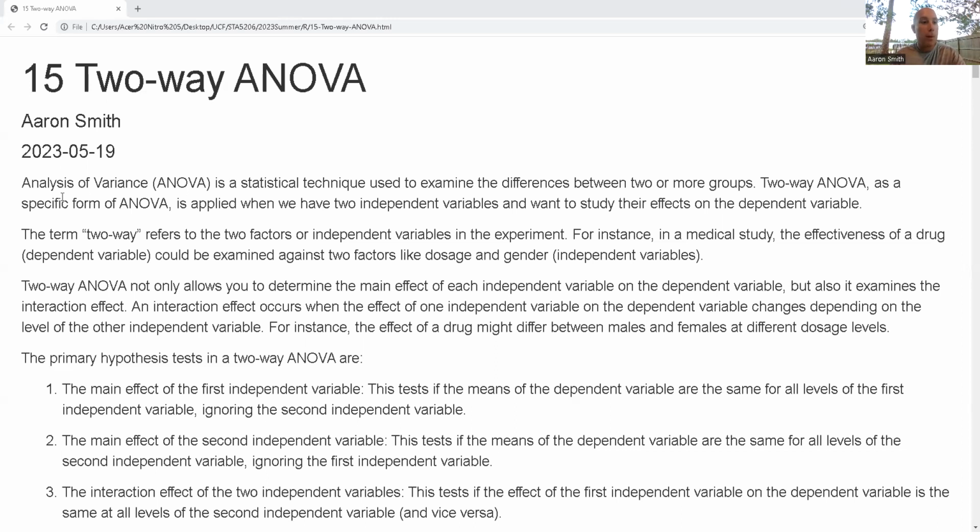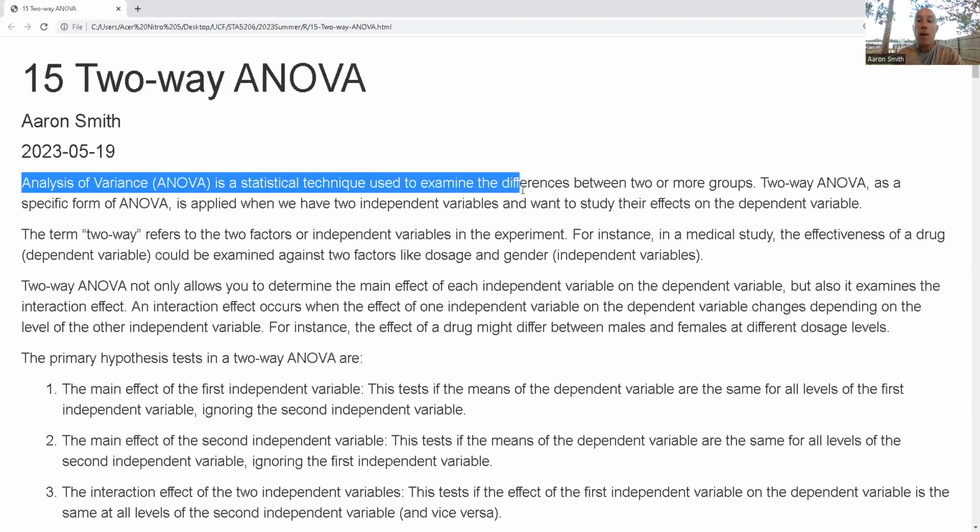So analysis of variance, ANOVA, is a statistical technique used to examine the differences between two or more groups. In the last video, we looked at one-way ANOVA, and we only had one categorical variable. Now we're looking at two. Two-way ANOVA,